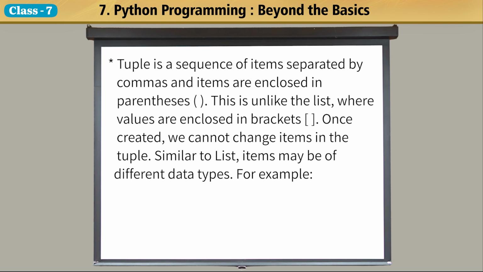Tuple is a sequence of items separated by commas and items are enclosed in parentheses. This is unlike the list, where values are enclosed in brackets. Once created, we cannot change items in the tuple. Similar to list, items may be of different data types. For example,